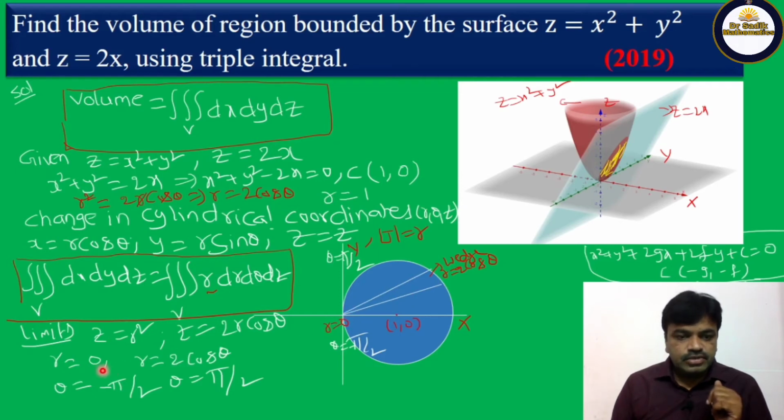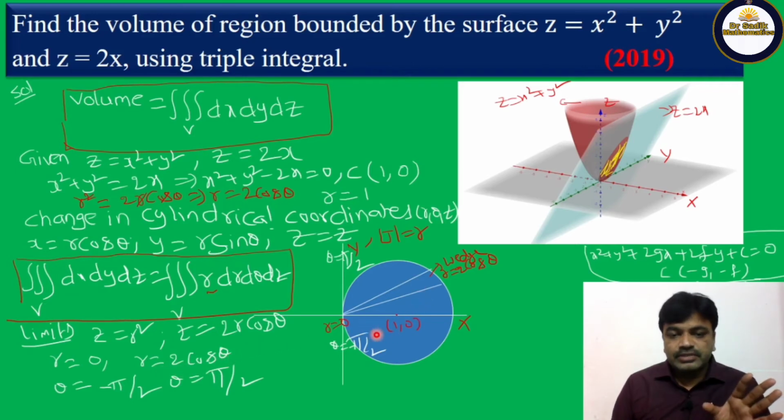Clearly here r is equal to 0. Now this is the curve, friends. We are not taking r equal to 1 here. If the circle were centered at the origin, then obviously we could take r equal to 1, but here the center is not the origin, so we take r from 0 to the curve, r equal to 2 cos theta. How do we get 2 cos theta? x square plus y square equals 2x, and x square plus y square is r square, and 2 into x is 2r cos theta, so by cancellation we get r equal to 2 cos theta.